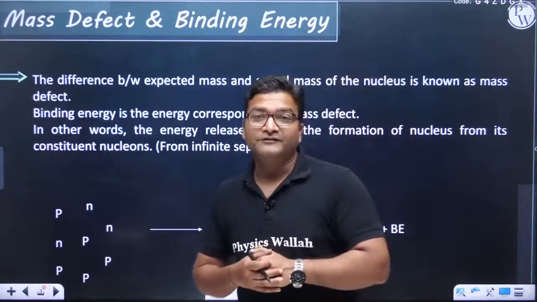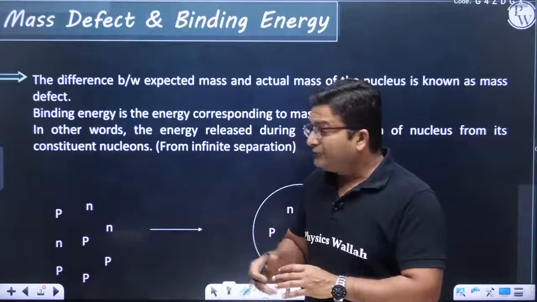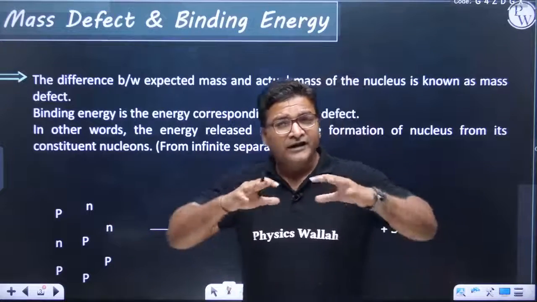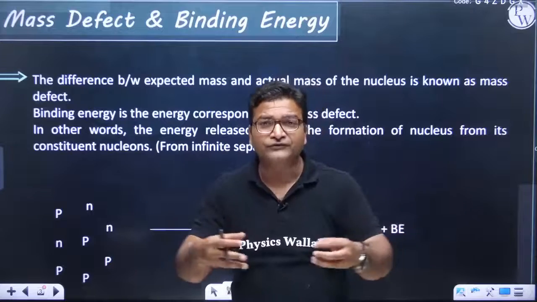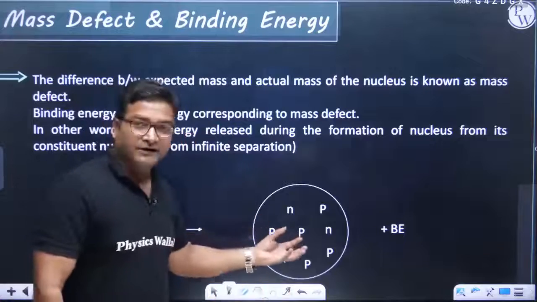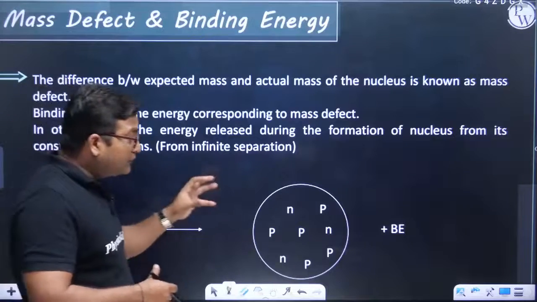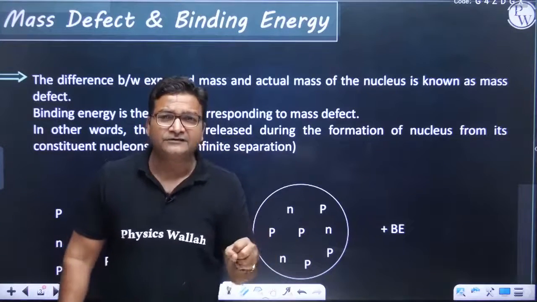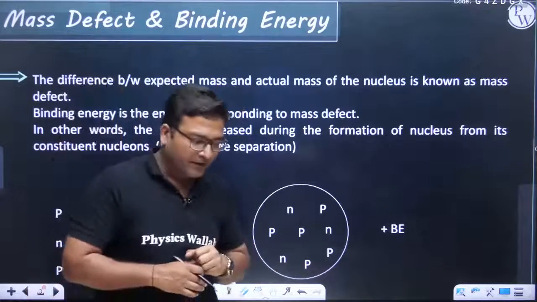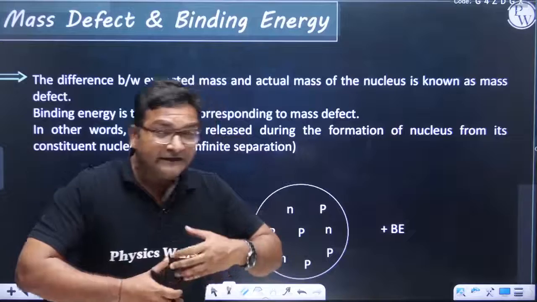Let us see what is mass defect. It is very surprising to hear that when the different nucleons, meaning lots of protons and lots of neutrons, are initially at infinite separation and they fuse to combine into a nucleus, then what we see is that the mass of the individual protons and neutrons is higher, and when they fuse to form a nucleus, the mass is decreased. This decrease of mass is called the mass defect. That was a mystery, how mass is changing, because mass was considered to be conserved.